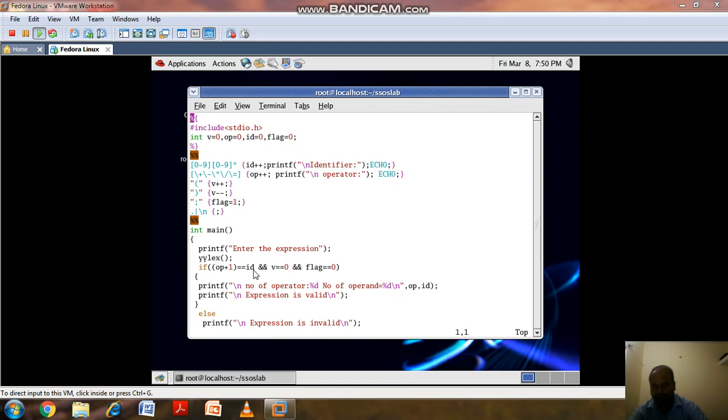If the number of operators plus 1 is equal to the number of identifiers, and v equal to 0, which means the number of left parentheses is equal to the number of right parentheses, and flag equal to 0, then printf the number of operators and the number of operands, and we can display that the expression is valid.